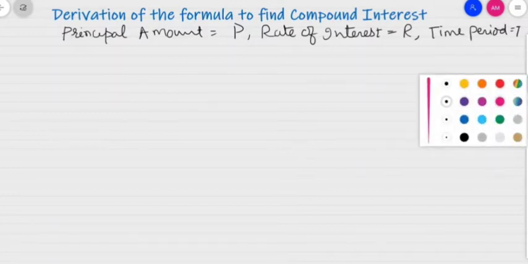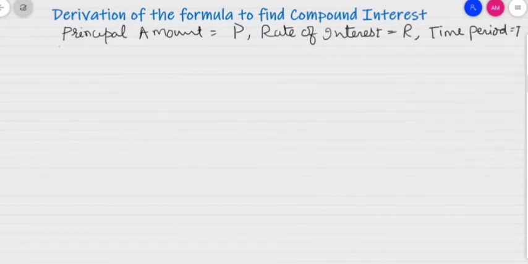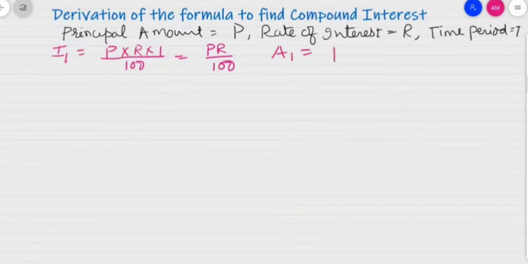Now for the first year, how do you calculate the interest of the first year? For the first year, you calculate the interest as principal amount into rate into 1, every time we calculate for one term, divided by 100. So this becomes PR by 100, isn't it? Now how do you find the amount after the first year? It will be principal amount P plus interest PR by 100. If you take out P as common, it will be P into 1 plus R by 100. This will be the amount after the